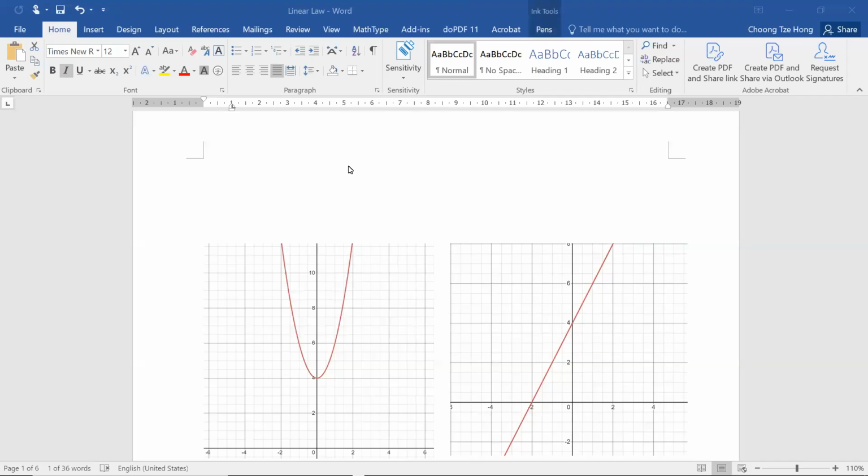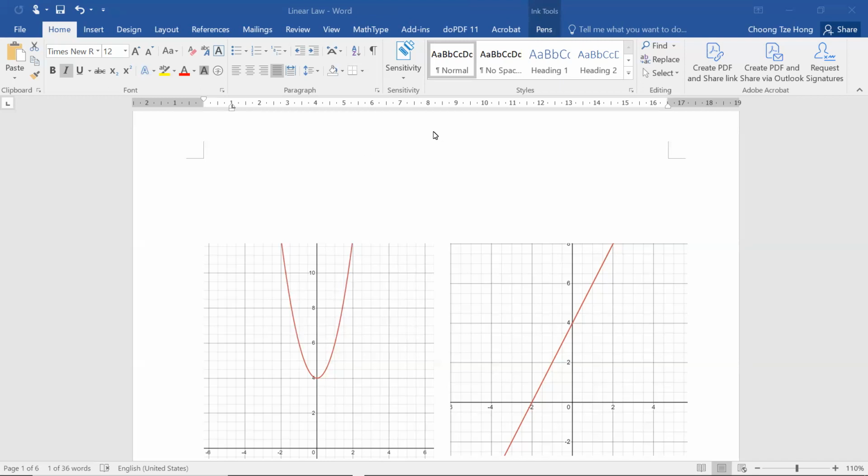Hi students, in this video I'll be discussing some concepts related to linear law. As the name suggests, for linear law, we are interested in a straight line. The basic idea behind linear law is that if you are able to transform any equation into the